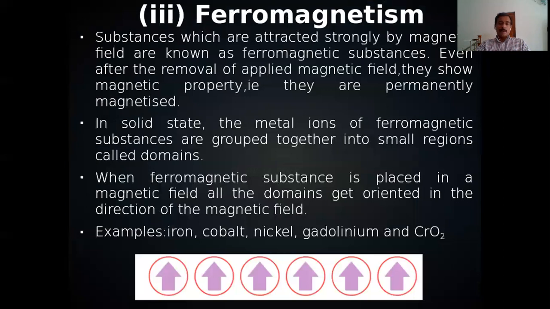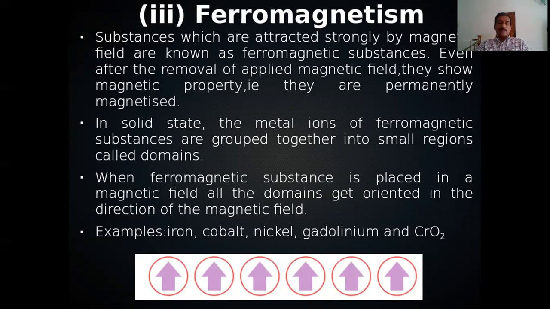Ferromagnetism. Ferromagnetic substances are strongly attracted in a magnetic field. If you bring such a substance into a magnetic field, that will be converted to permanent magnets. That means that will behave as magnets even in the absence of a magnetic field. What is the reason for this? The reason is that in the solid state,